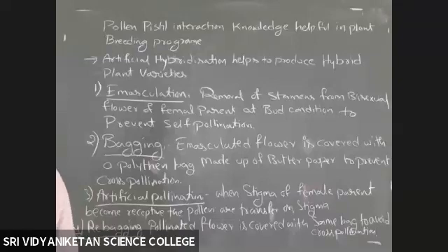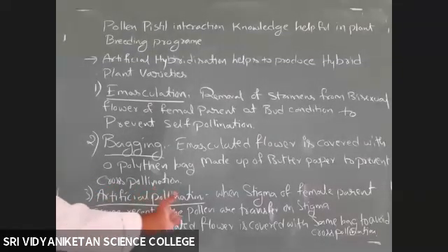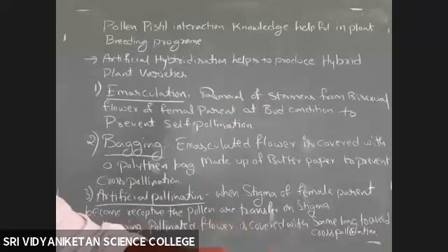With this artificial hybridization, there is a chance to produce hybrid plants. But remember, when we perform artificial pollination, the deposited pollen grains on the stigma will germinate and fertilization takes place. After this fertilization, there is a chance to produce fruits and seeds, and when the seed germinates to produce a new plant, that plant having both parental characters is called a hybrid variety.